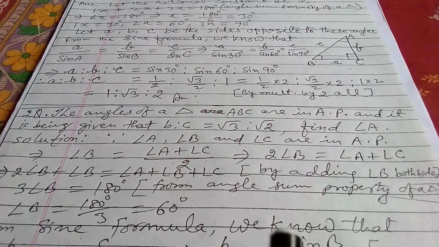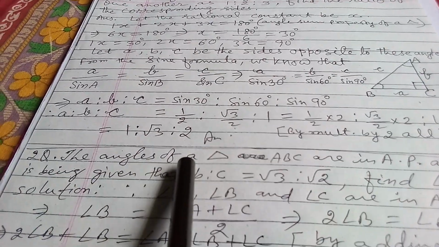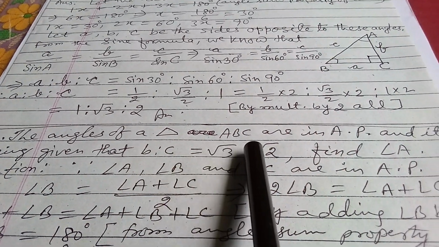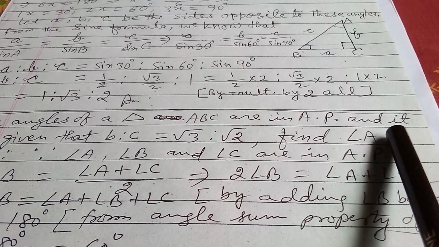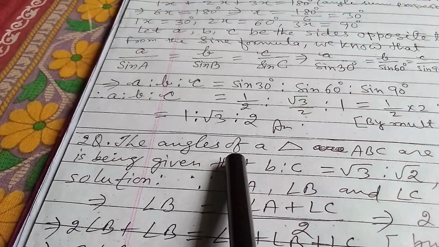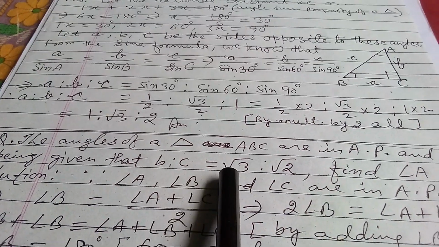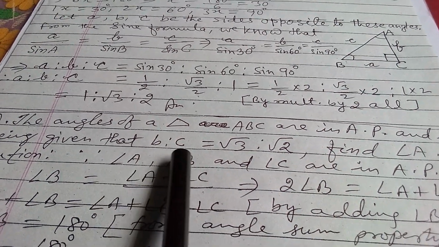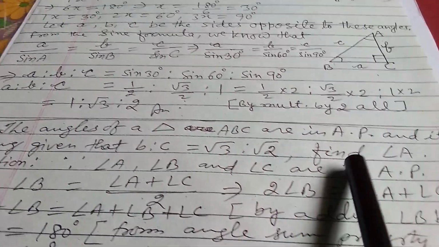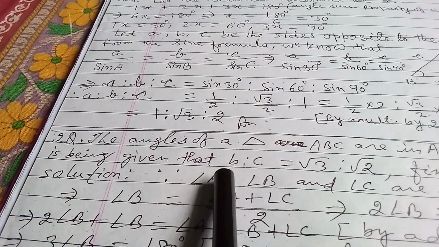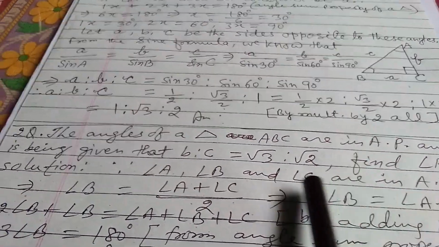Now, the second question is, the angles of a triangle ABC are in arithmetic progression, and it is given that side b is to c equals root 3 is to root 2. Then find angle A. So the solution is, since angle A, angle B and angle C are in arithmetic progression,